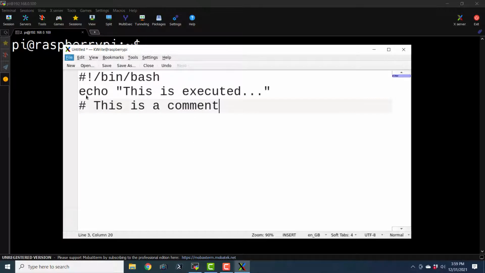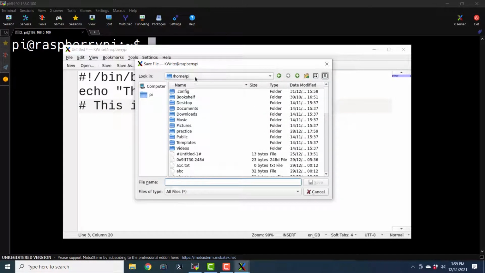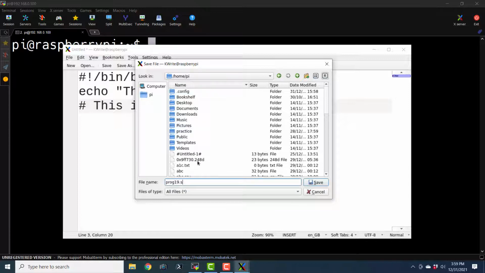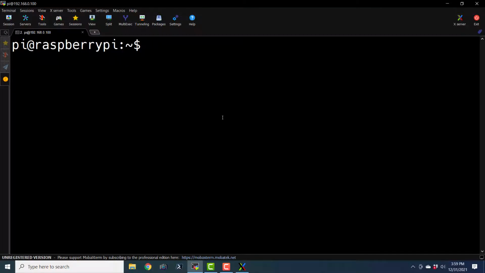Let us go ahead and save this as prog19.sh, and hit enter. Okay, now it is able to recognize it as a legitimate shell script, and let's save it and let's execute this.